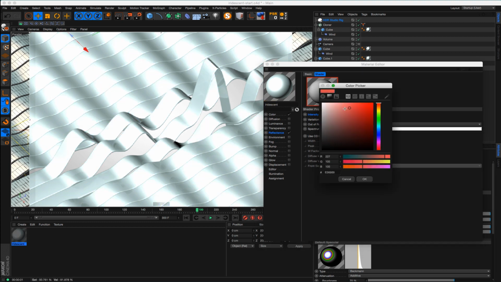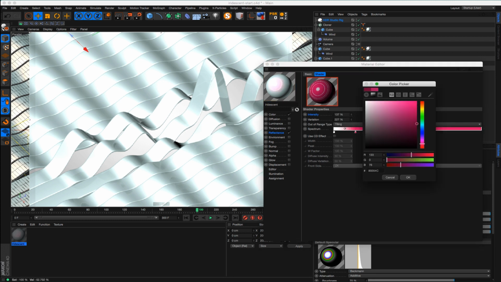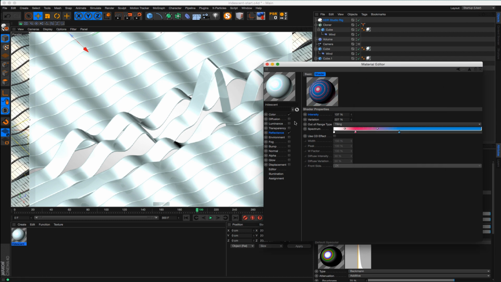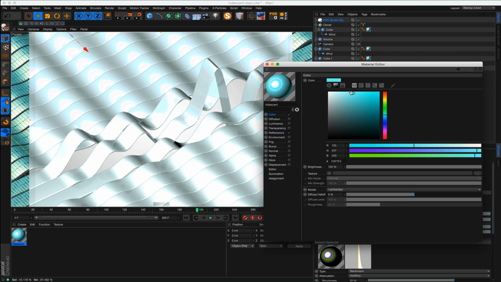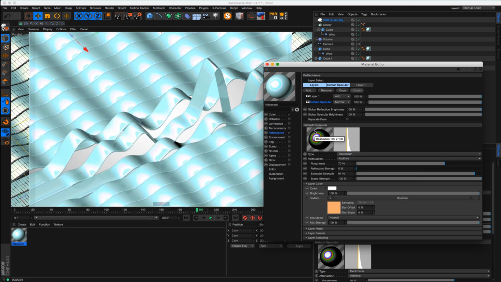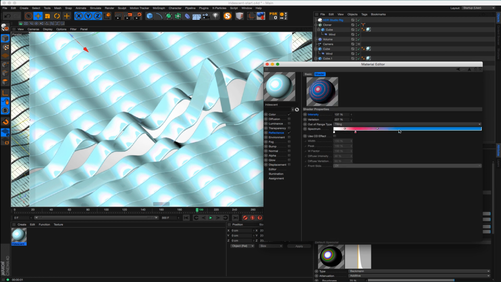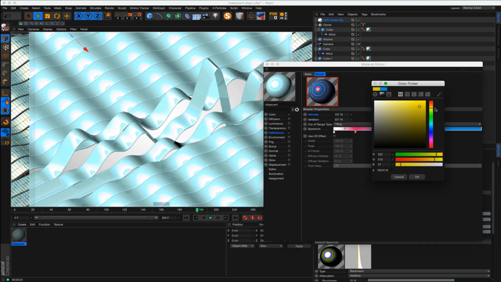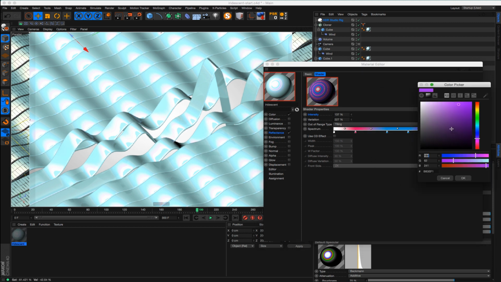So let's do a little pastelish kind of stuff. Let's get some pink. Let's get some light blue. And again, a lot of this stuff is going to reflect on whatever base color we have here. So keep that in mind, because it's just going to apply on top of the texture and your color, just with the specular. So let's get some blue. Let's get some purple, get some yellow, there we go, boom,